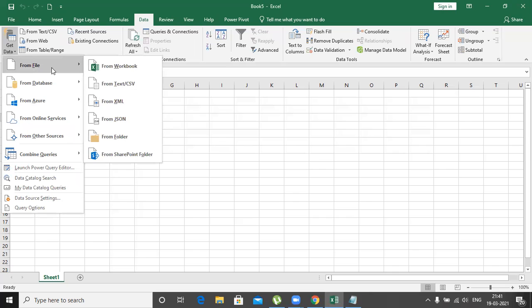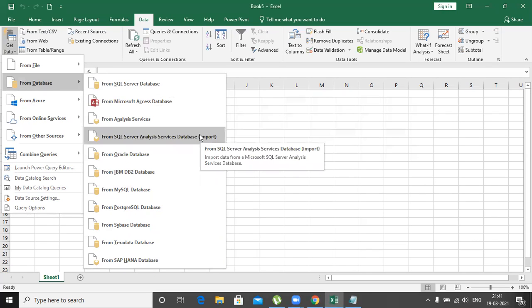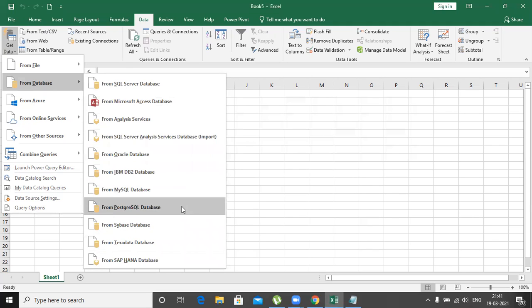If there is a database server, I can pull the data into Excel. Even I can get the data from SAP HANA, from Oracle, and from SQL Server. Similar examples I have.